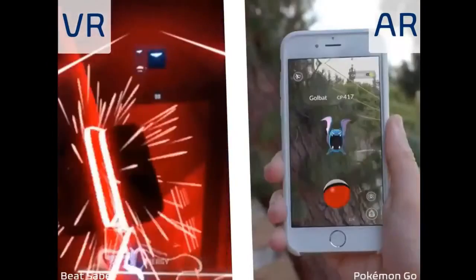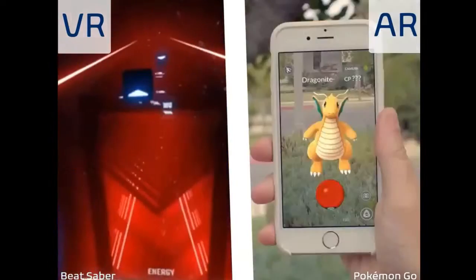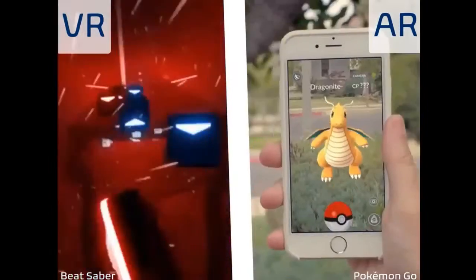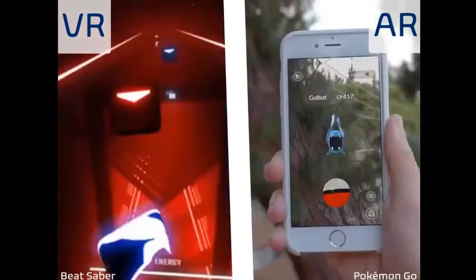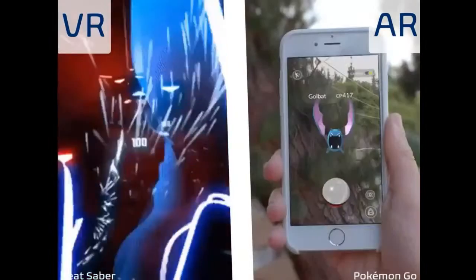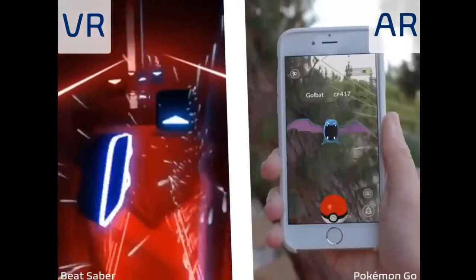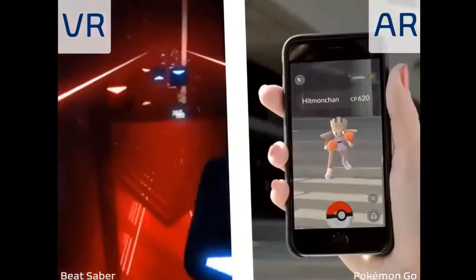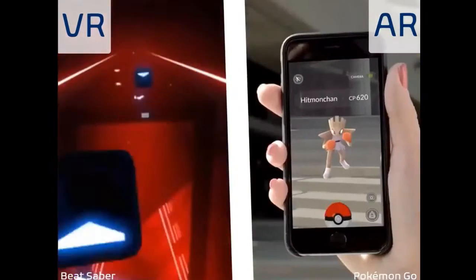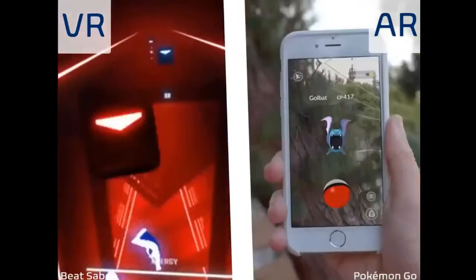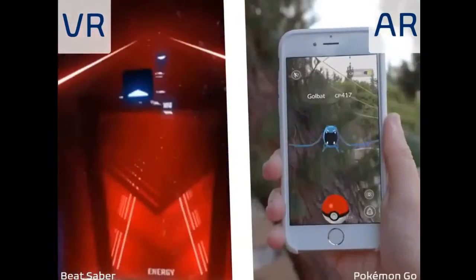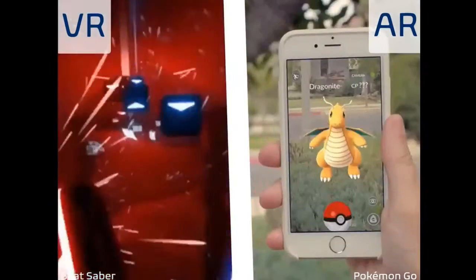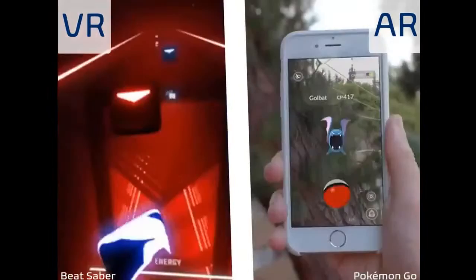Let me give you a few other examples. I'm sure that most of you have played Pokemon Go, so that's a perfect example of augmented reality. And on the left, we have Beat Saber, which is a virtual reality game for the Quest. And this is a dancing game, kind of like how when you used to play Dance Dance Revolution, you have all of these squares coming at you and you kind of have to dance and slay at them in the proper order. And you're fully immersed in this headset and you're using your controllers to control what's happening in the game.